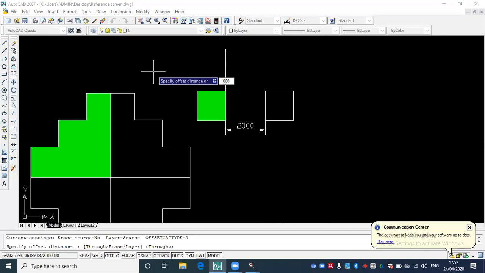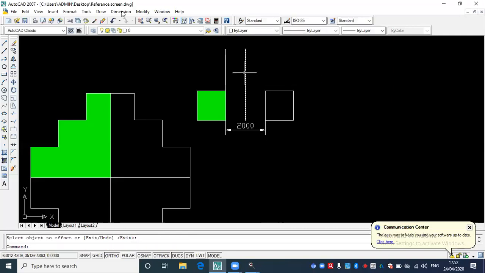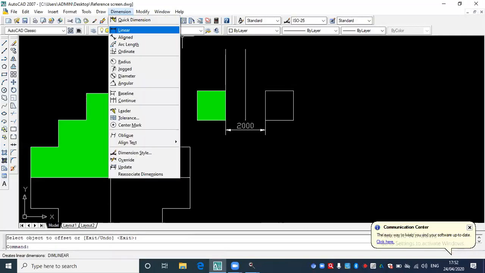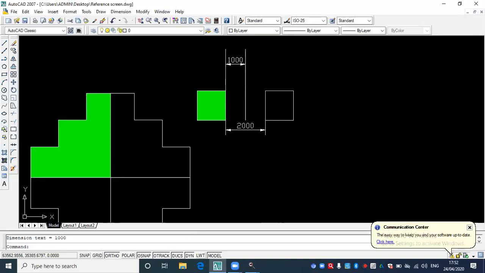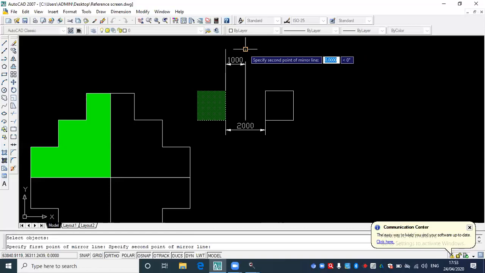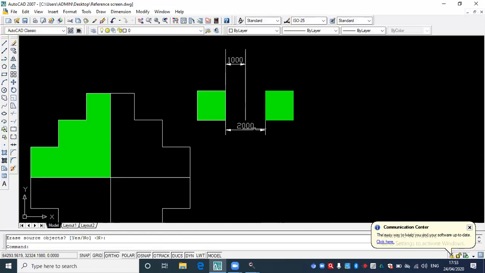Enter, and click here, click here. Now this line is 1000 units from this line. Now this is your mirror line. Now select the mirror command, select the object, right click and click on the first point and the second point of your mirror line. Your object is created at a distance of 2000. Okay, this is how you use the mirror command.